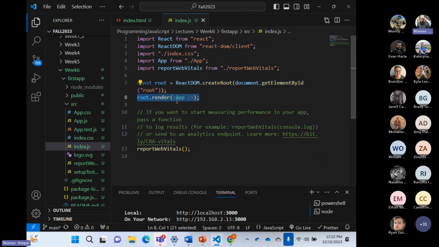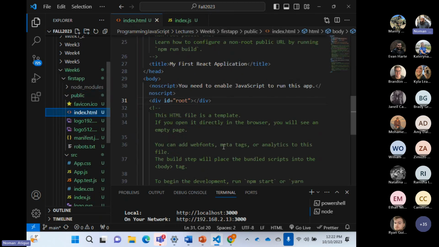Now, what is this app? This app is actually the JavaScript React component. So what index.js does is it takes the React component and runs it in the HTML file. Can I have a quick response from some of you guys? How would you understand? I'm just giving you a very quick overview of that. I will talk about every file in much more detail. But right now, I just want to tell you how this ecosystem is connected with each other.